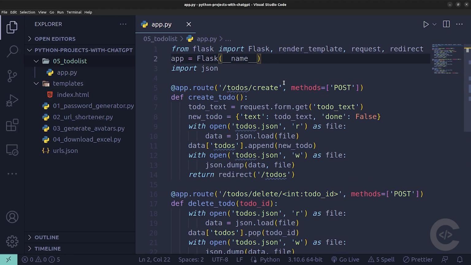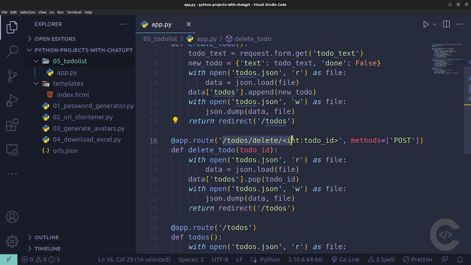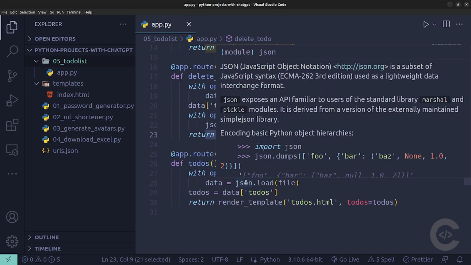Let's have a quick overview of this code. We register a couple of routes. In the create to-do, we get the to-do text from the request, we create a new to-do, we open the to-dos JSON file and load the data into the data variable, then we append the new to-do inside data to-dos, we open the to-dos JSON file again for writing, we write it and redirect the user to the to-dos. Then in the delete to-do, we accept the to-do ID, we open the file again, we remove from the to-dos by to-do ID, and we write back inside the JSON. And inside to-dos, we just open the file and render that into the